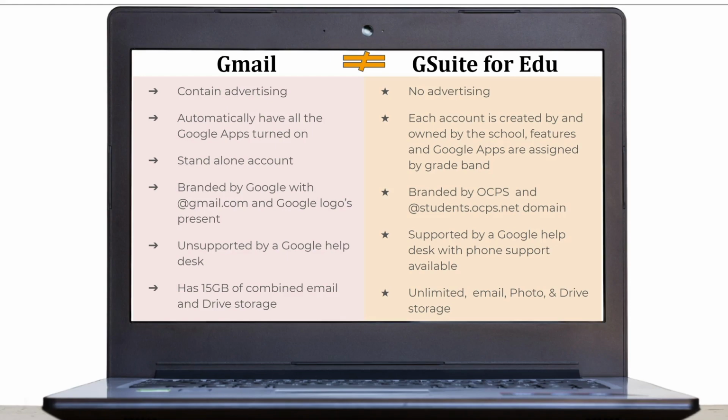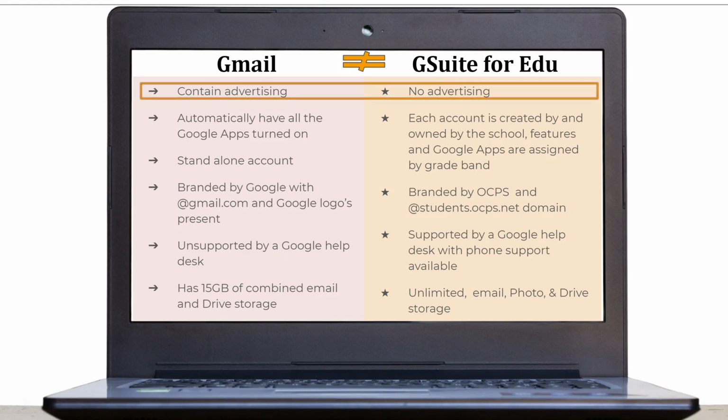Another common question we get is, how is the email address my student has different from a personal or consumer Gmail account? Well, there are some important differences. The first difference is that a personal Gmail account contains advertising, but a G Suite for Education Gmail account does not have any advertising in it.